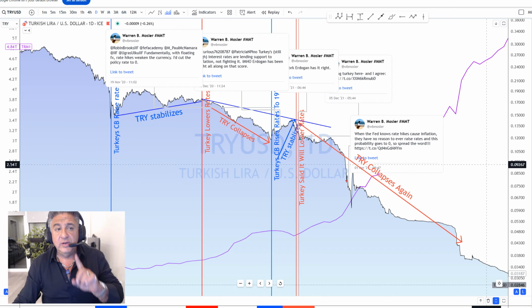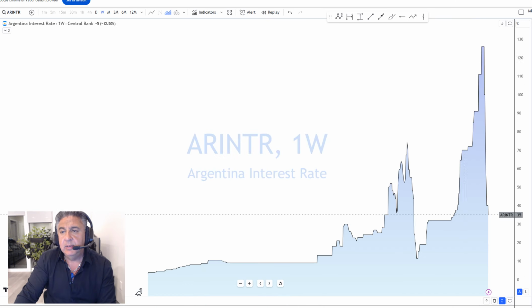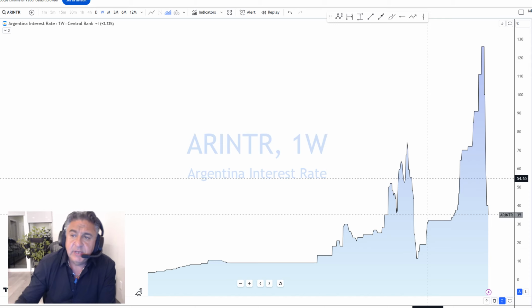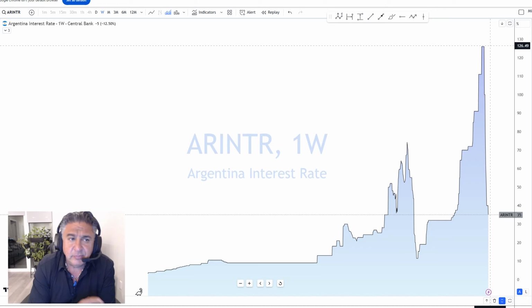I will give you one more example. This is the Argentinian currency. So here is the Argentinian interest rates. They went as high as 125%, and it, of course, did absolutely nothing to help fix the inflation problem that they were facing. I believe inflation hit like 350%. I'm not going to pull it up now. You can look it up yourself. But yeah, at that point, when no one is really using the pesos, nobody's going to really care where you